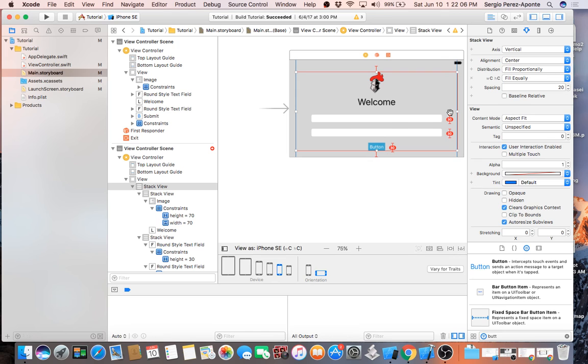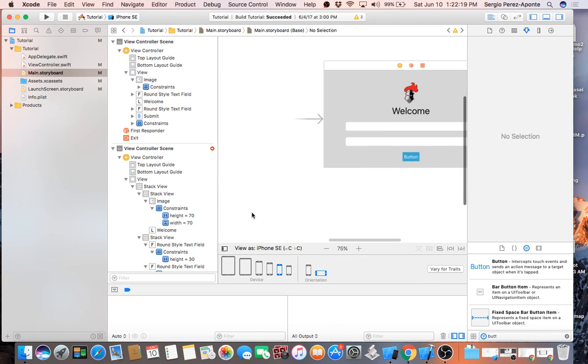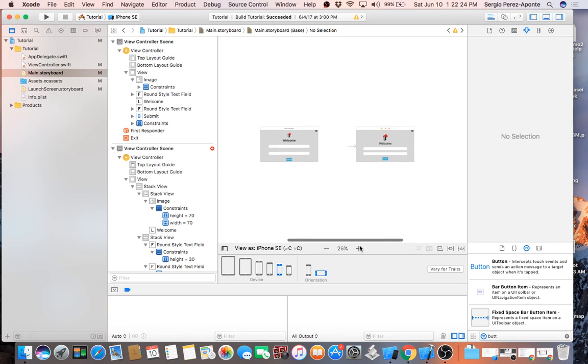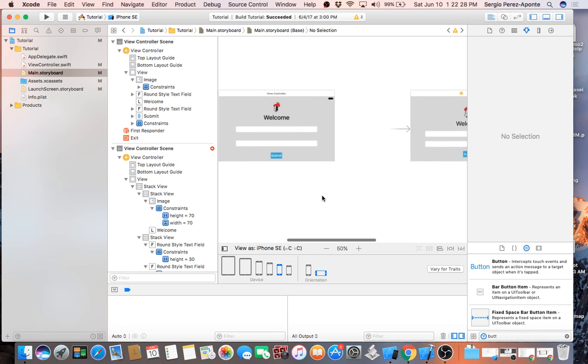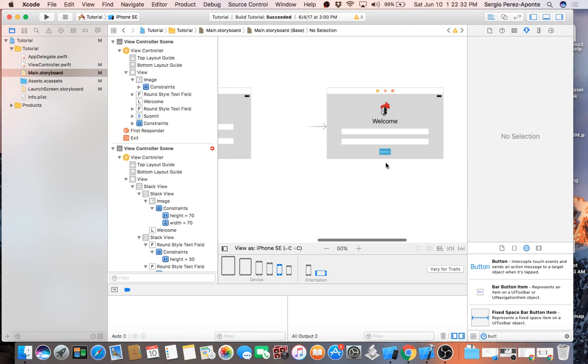Okay, the stack fill equally, fill proportionally. There we go. Yeah, there we go. So we solved the, if we look at both of the screens, they look pretty close. Should have taken me a lot less, but I mean, I can do,